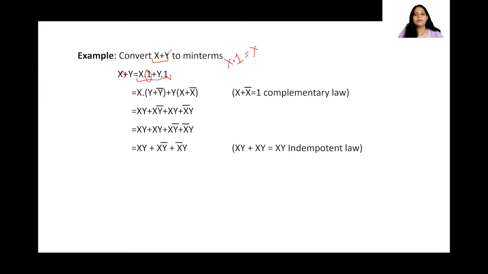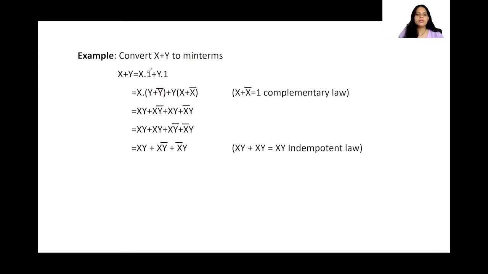Now what is missing here? In the first term, see here carefully students, the second step was to add the missing term and the complement of that. So in x plus y, in the first term, y is missing, right? So I am multiplying it with the missing term as well as its complement, that is, the missing term plus the complement of the missing term. Similarly, in the second term there is only y, and x is missing. So I'm multiplying it with the missing term plus the complement of the missing term, right? I hope this step is clear, how we got this.